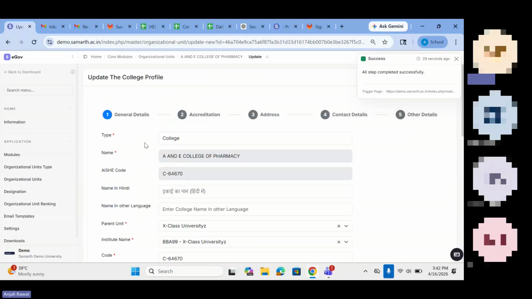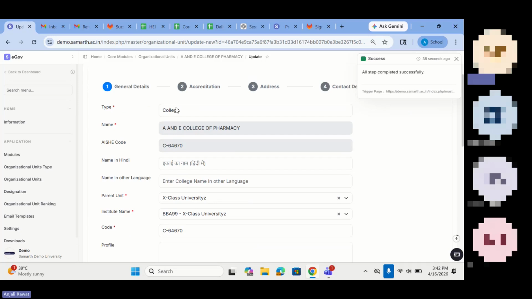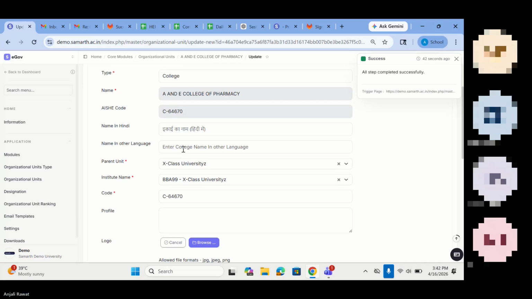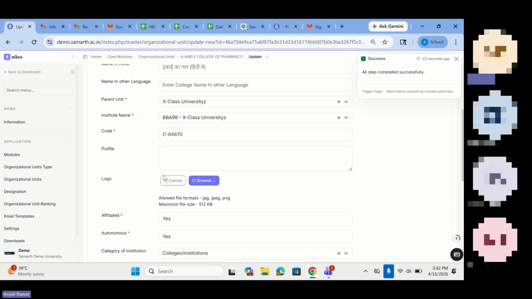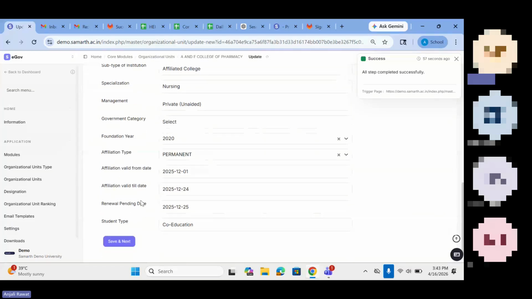Now, if you are adding colleges in the university, by default, as I have told you, the default entry when you are updating, the type will be university. Here, your college name will be reflected. AISHE code, you have to update it. Affiliated, subtype of institution, specialization, management, government category, foundation year, affiliation type, affiliation valid from date, affiliation valid till date, renewable pending date, student type.